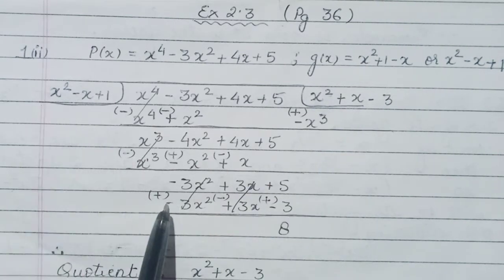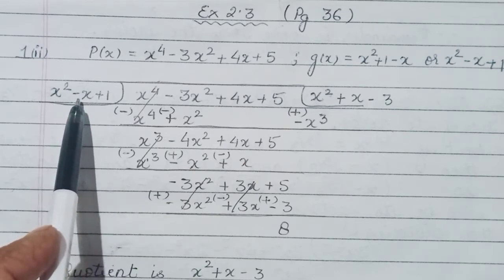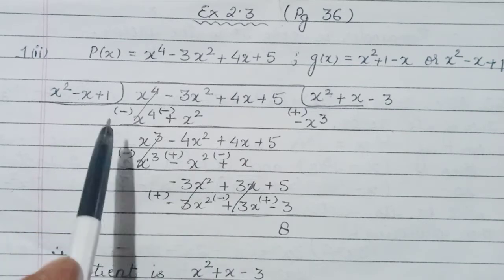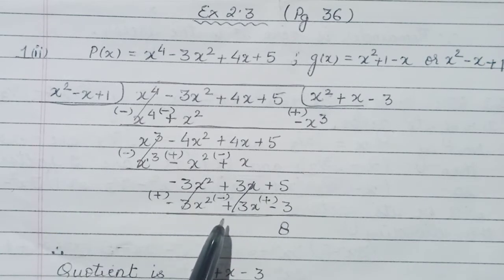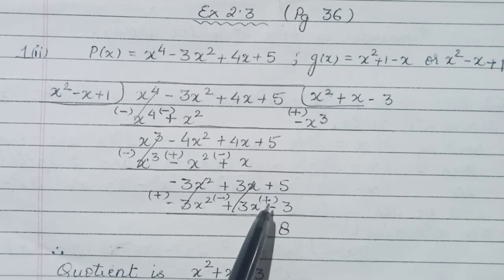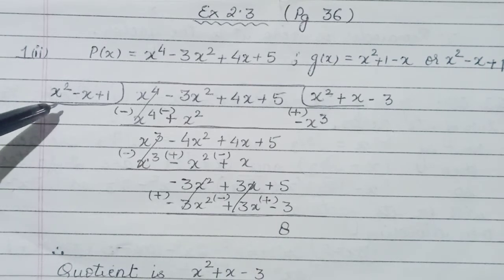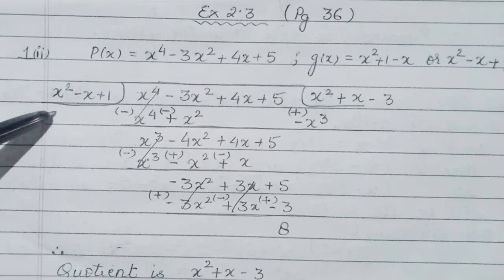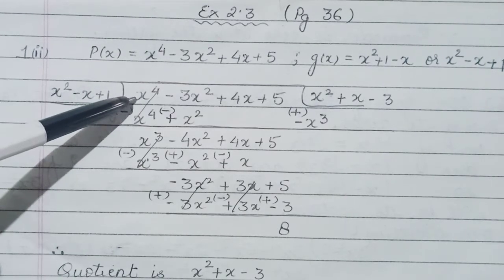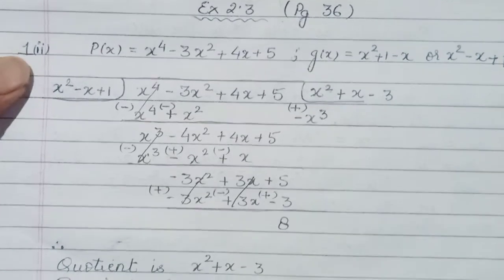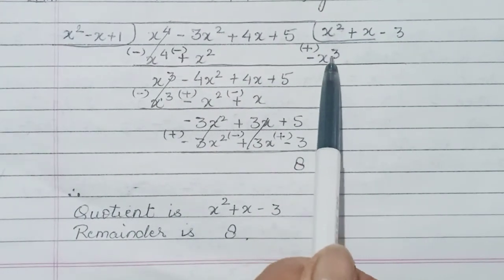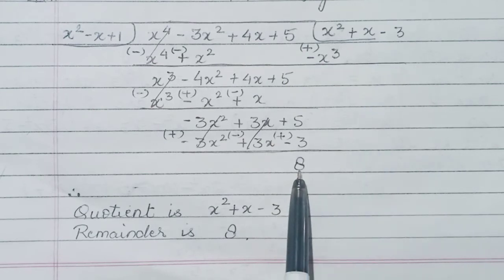So we'll multiply this expression with minus 3 now. That gives you minus 3x square. Minus minus will make it positive 3x. Then minus of 3. Again changing the sign, the first two terms are getting cancelled, and plus 5 and plus 3 gives you plus 8 remainder. Remember that the degree of the remainder has to be less than that of the divisor. Obviously the dividend's degree has to be the highest. So from here we observe that our quotient is coming out to be x square plus x minus 3, and our remainder is 8.